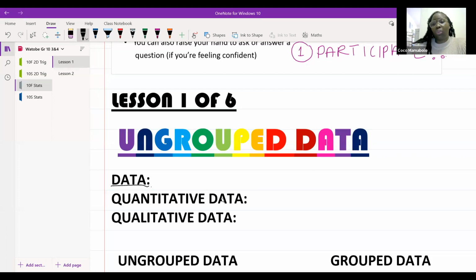Who wants to take a guess at what data is? Or who knows what data is? Amazing, Amogelang, that's a great way to put it. Yes, Moteo? Is it those things in grade 7 with the median what dot dot dot? Not quite. You're quite correct, it has something to do with the median, but we're just trying to understand the idea of what data is.